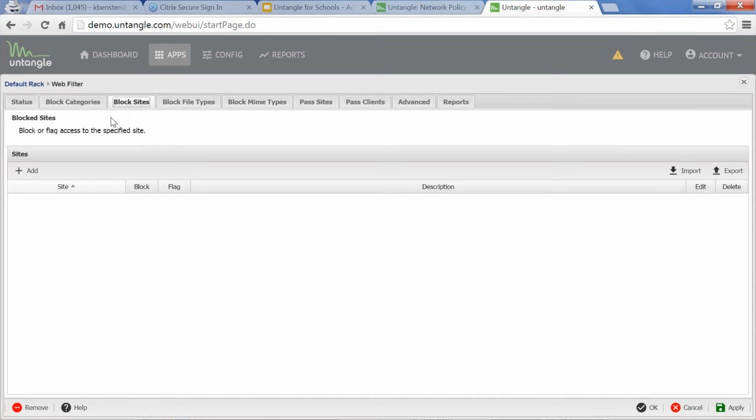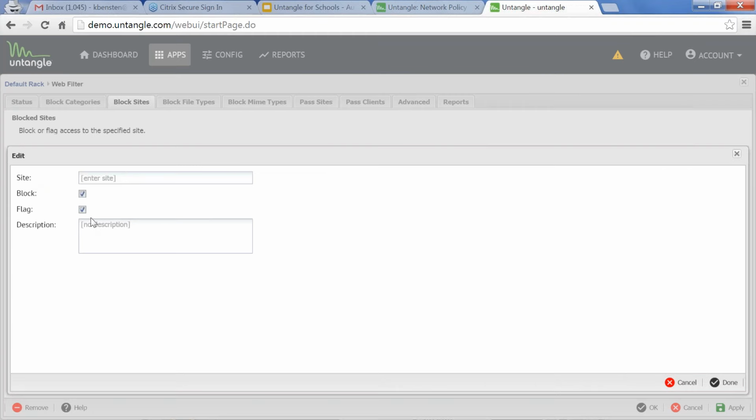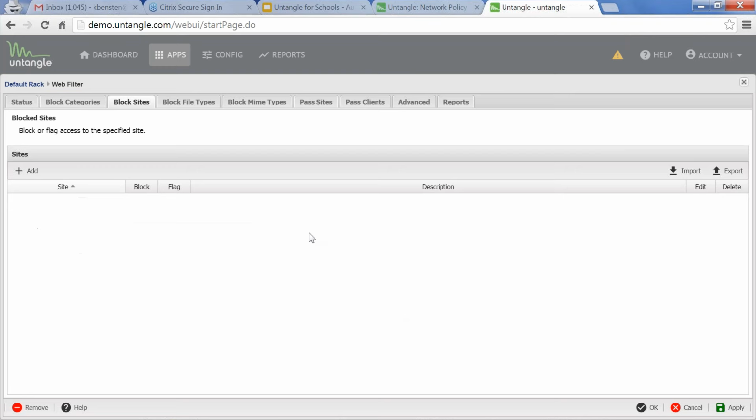Again, if you have specific sites that you need to block, feel free to add those here. You can select the sites, add your description. Again, this description is what's reflected on your block pages to your teachers and students. Or if you want to have some instructions on emailing info at XYZ, then you can do that so that you get an alert when those block pages are met or requests happen. It's very simple to add those in.